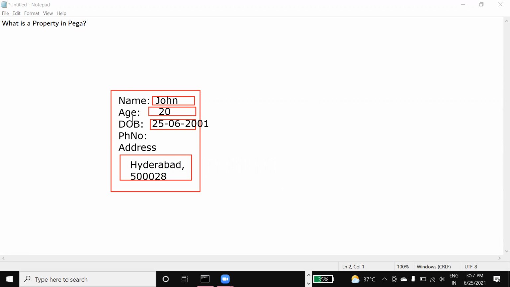In the name you have given John, in age you have given 20, in date of birth you have given this value, and in address you have given this data, in the application.